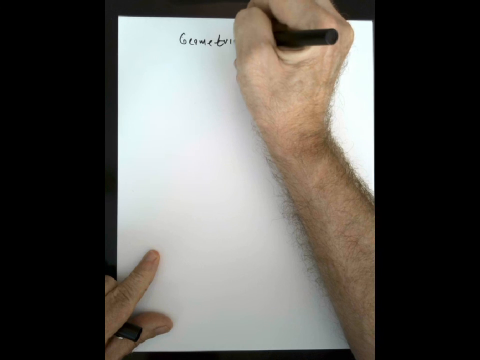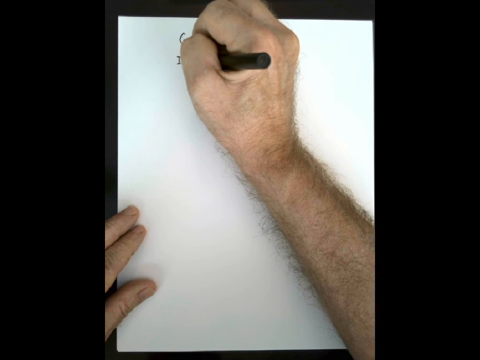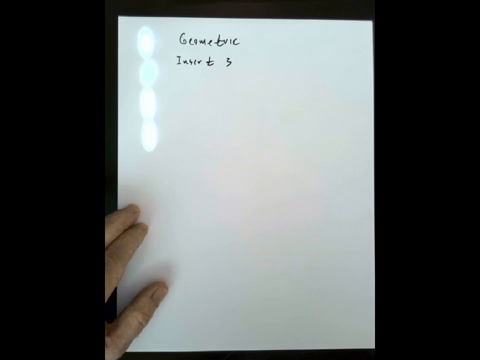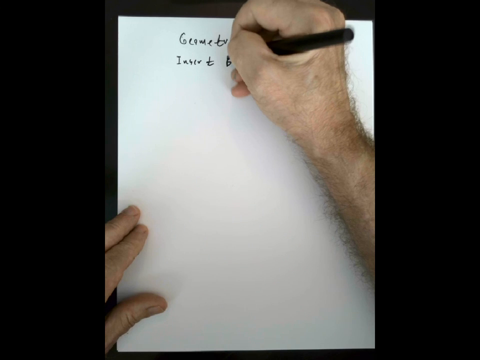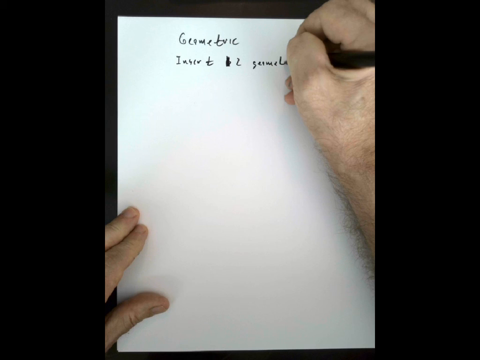And we had a similar kind of problem with arithmetic sequences, and we talked about arithmetic means. There's also a geometric mean. Okay? But here, we want to insert, as your book puts it, 2, not 3, 2 geometric means